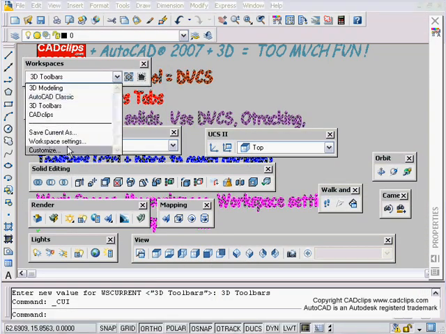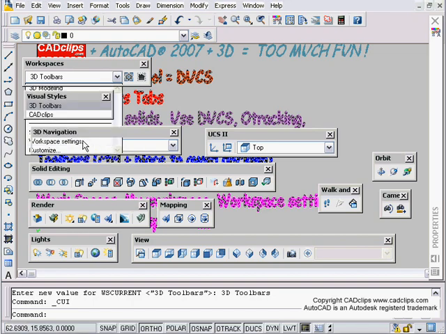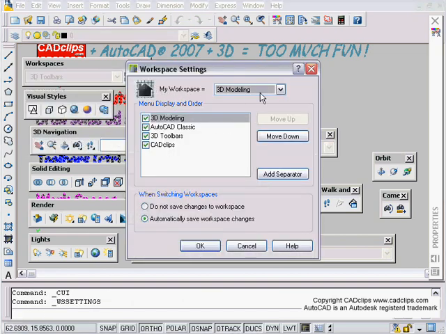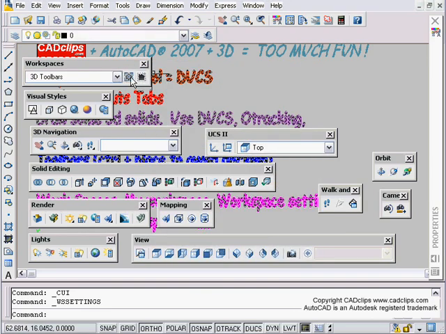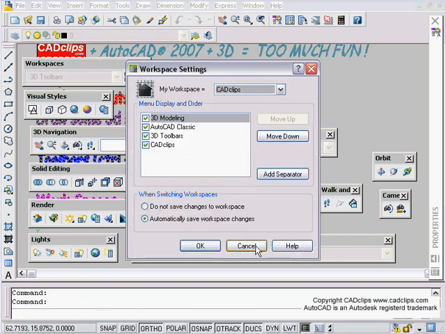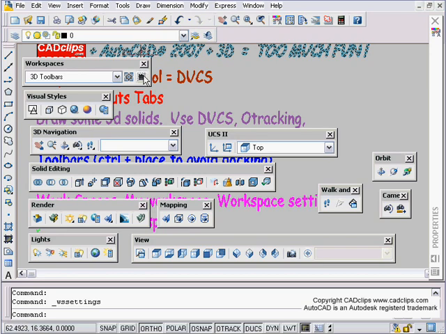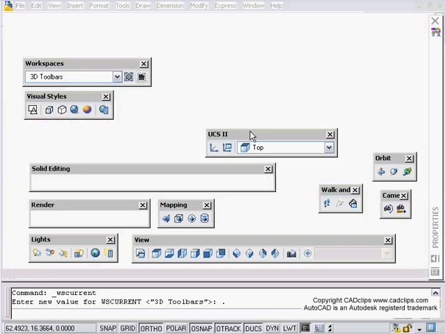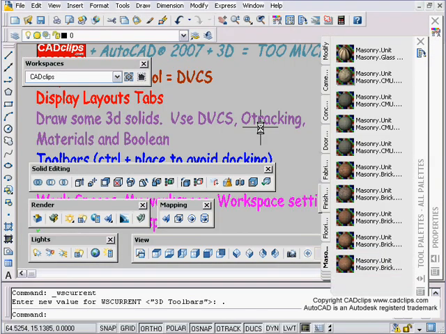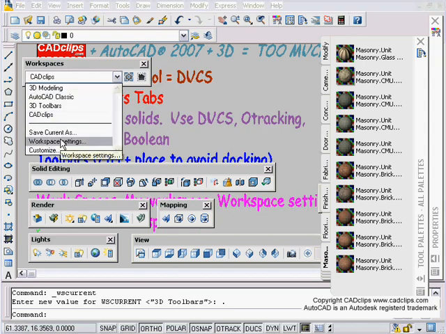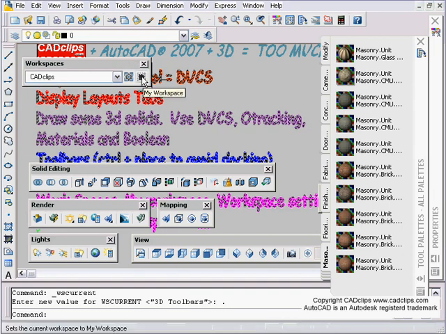It's going to ask me to save. So workspaces, really handy. And then we have workspace settings. And I wanted to say my workspace is my CAD clips. Hit OK. So now what happens, we have a button here that says my workspace. So bang, I hit my workspace. Here it is here. And it just automatically remembers which workspace is my workspace, and it just sets it up. So that was done under settings, setting my workspace to be CAD clips, and then this is the my workspace